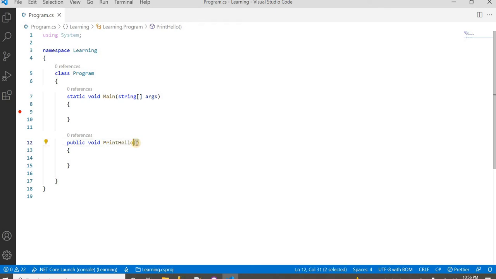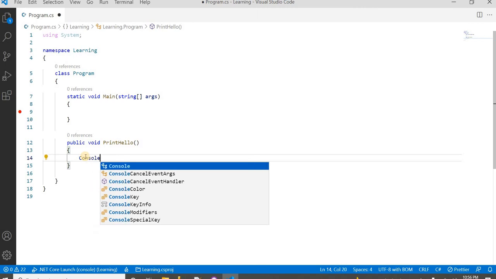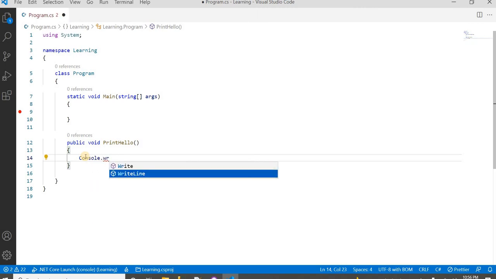It has no parameter, it's not accepting any value, and let's say it's Console.WriteLine, and it is printing just hello world.